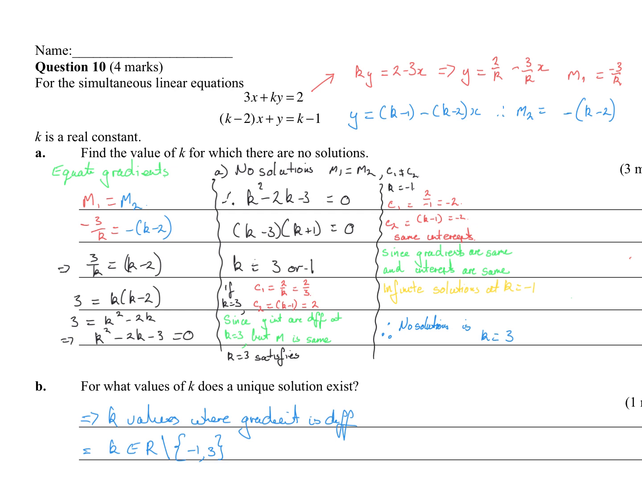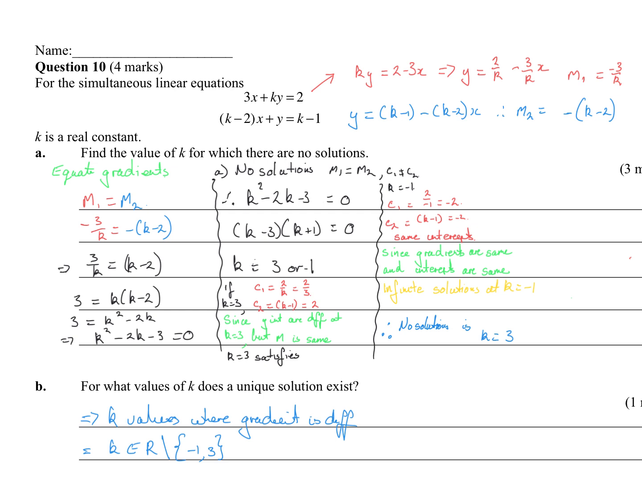Okay, so we've got our simultaneous linear equations. We have to find our exact solution, no solution, unique solution. So the process here, of course, is we want to compare gradients. All right, so the first thing that I've done,